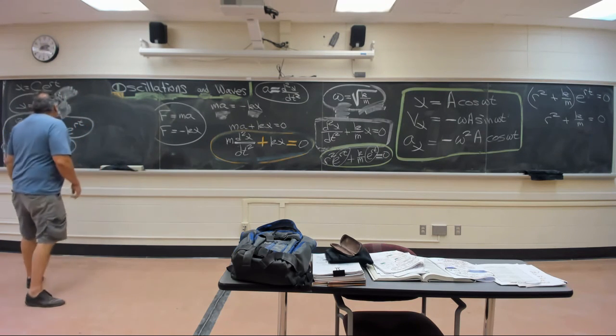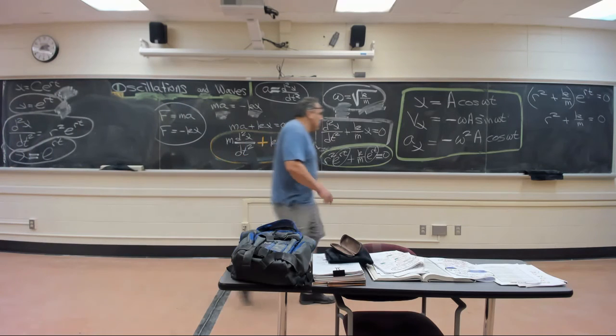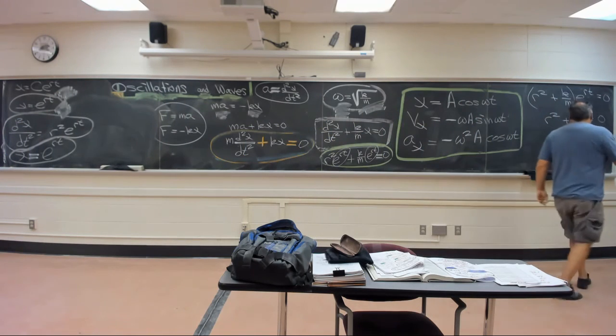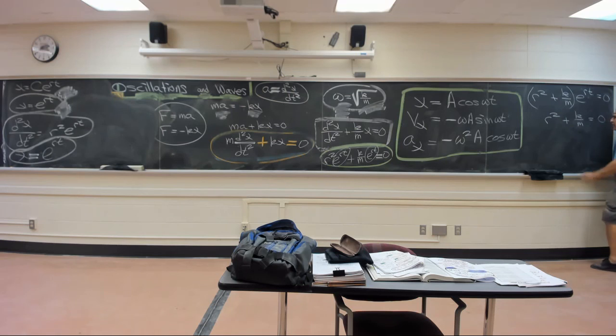May I ask you a question? Is r plus i, where i is the square root of negative 1, times the square root of k over m, last but not least,